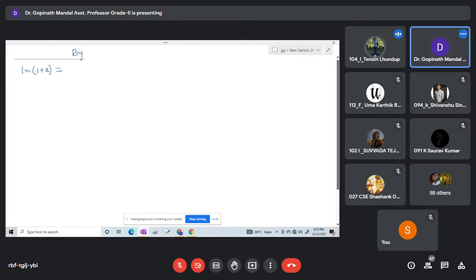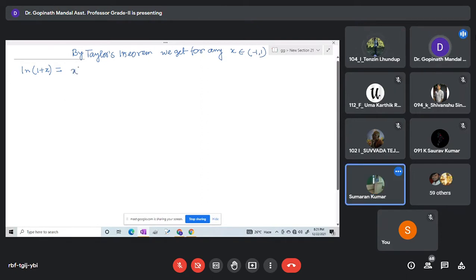By Taylor's theorem, we get, for any x in the interval -1 to 1, equal to